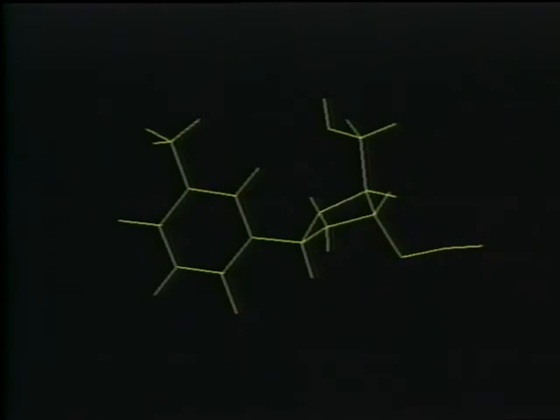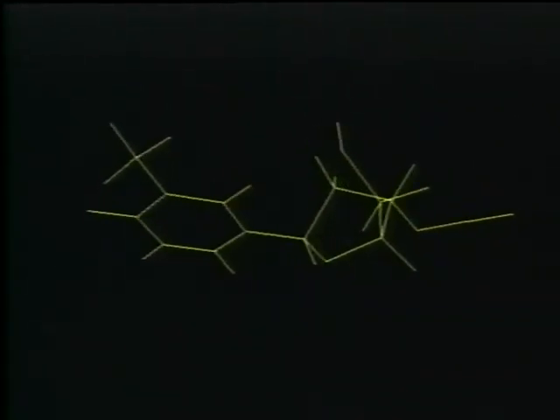AZT, the azidothymidine molecule, is shown here in a stick figure representation. Here it is superimposed on thymidine, a part of DNA produced after HIV infection. AZT is used in the treatment of persons with AIDS. Its effect is presumably due to its similarity to thymidine. This model emphasizes the bonds between the atoms in AZT. In another model, the atoms are shown as spheres.